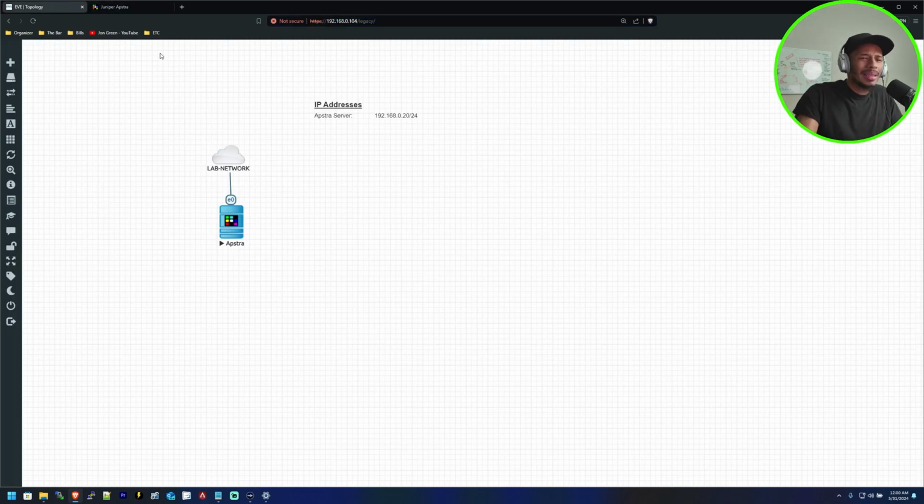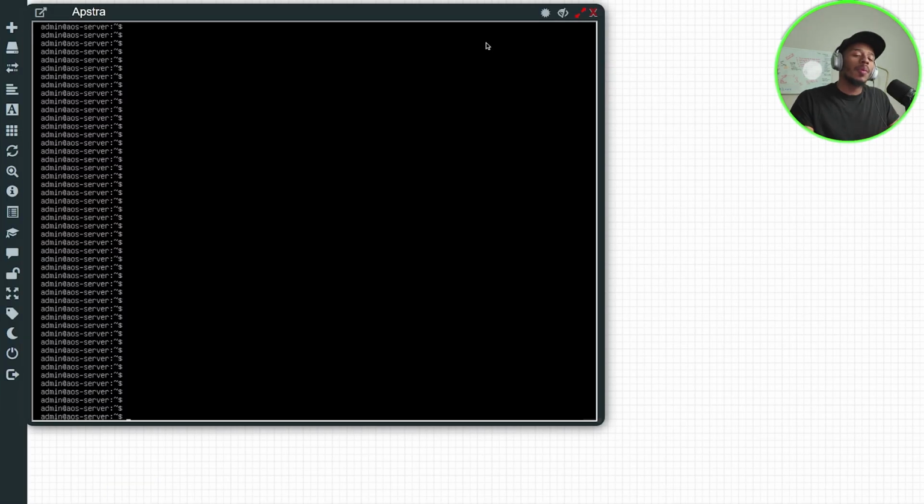So currently my Apstra server has the IP address of 192.168.20. But let's say for any reason, maybe you're doing a migration or whatever the case is, you need to change the IP address of your Apstra VM because maybe that IP address is reserved. So what we want to do is pull up a PuTTY session to whatever the current IP address is for our Apstra server. And literally all you have to do is run this one command,